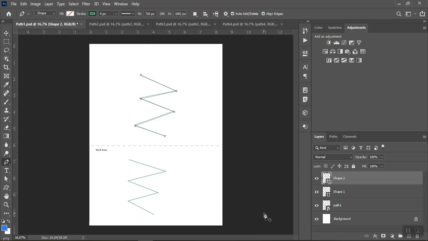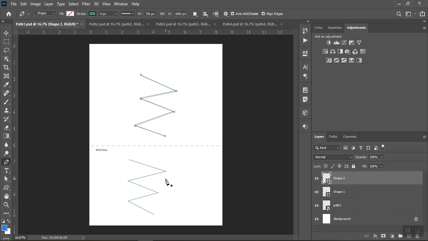All right, and then I'm going to press enter one more time. Now, since we are using our pen tool to create shapes, I want you to look over here in the layers panel. We have our original background, we have path 1. We have shape 1, which is the top, we have shape 2, which is the bottom, okay? When you are done with path 1, please make sure you do a Control or Command S